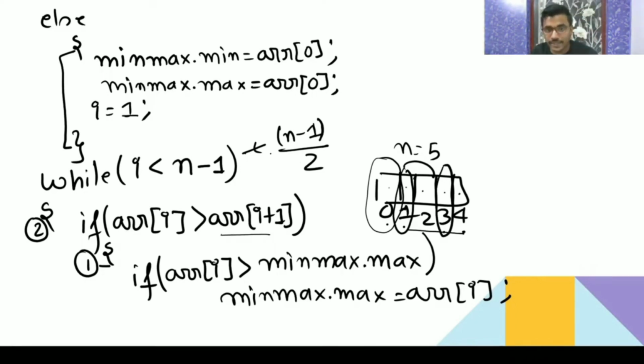Please let me know whether it is clear or not. Because when n is odd, you are remaining with n minus 1 elements. I will start from 1. See, i is going to start with 1. Then i plus 2 is 3. Then i plus 2 is 5, not smaller than n minus 1. It will not go inside. Okay. Am I clear? Please let me know.